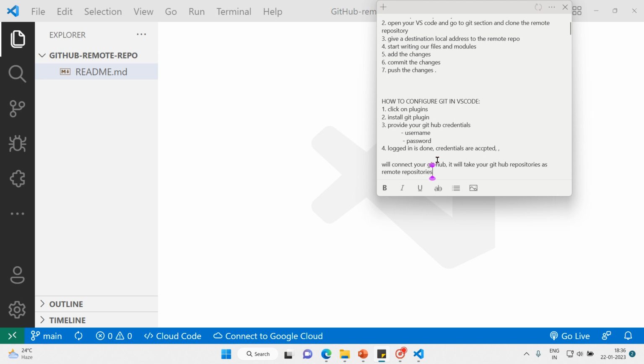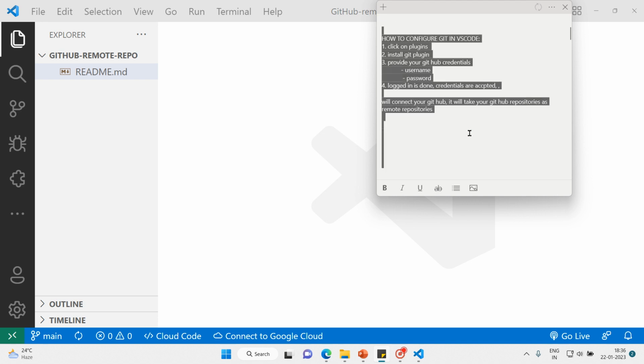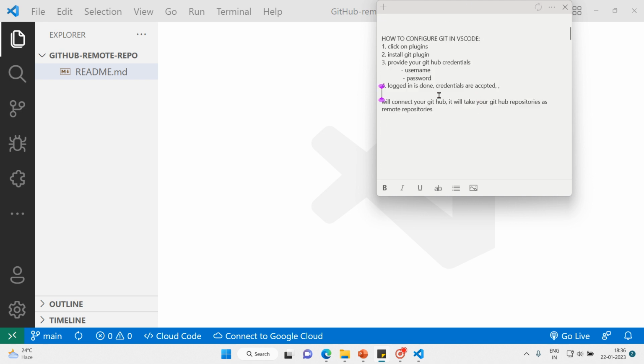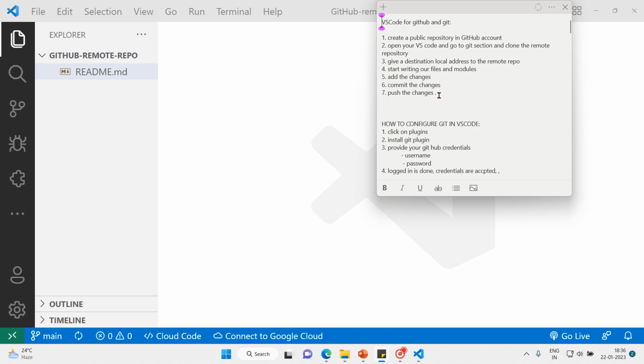So that's very important. I hope most of the people might have known how to install the plugins. Anyway, I will show you that, but by this moment we have completed creating a public repository, and